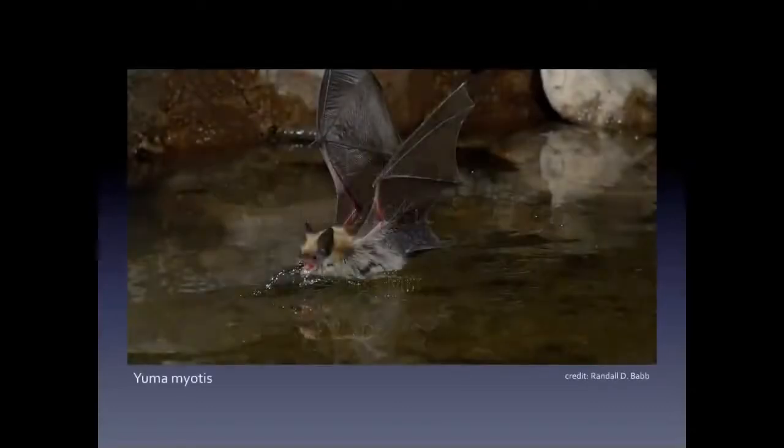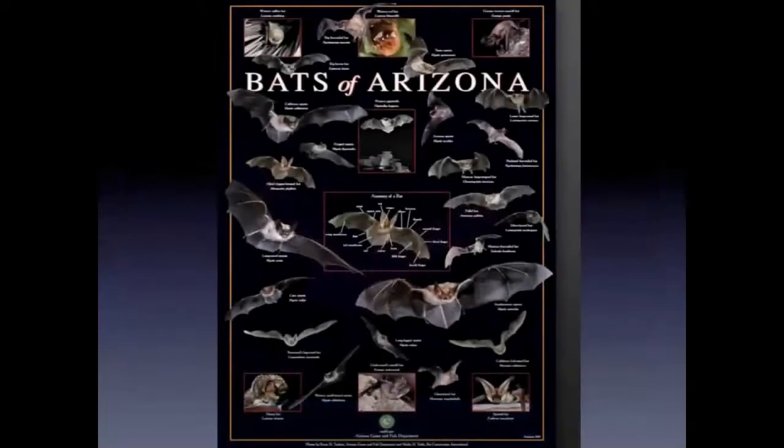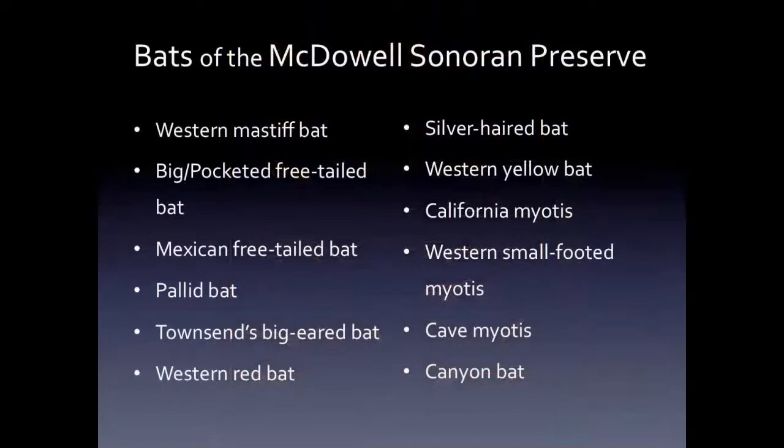Bats are amazing creatures. For one, they are the only mammals capable of true flight. Bats make up over 20% of all mammal species in the world. There are 28 species of bats in Arizona. And according to the Parsons Field Institute of the McDowell Sonoran Conservancy, 12 species of bats have been documented at